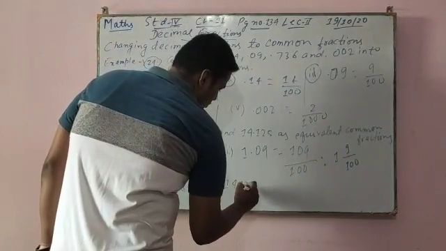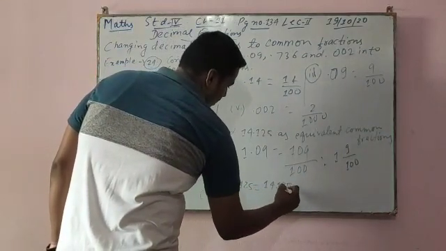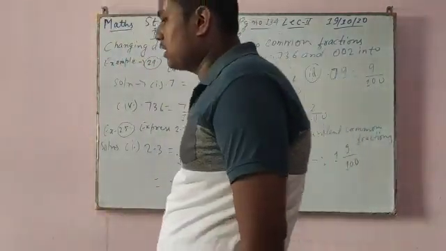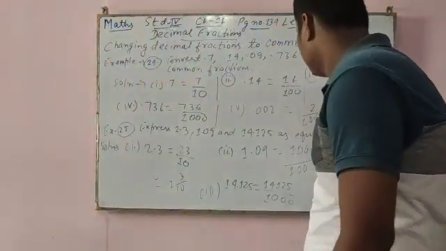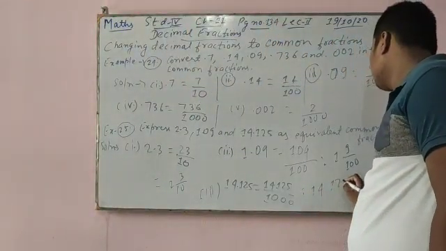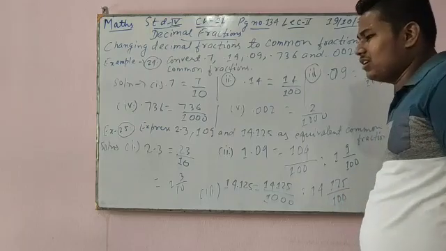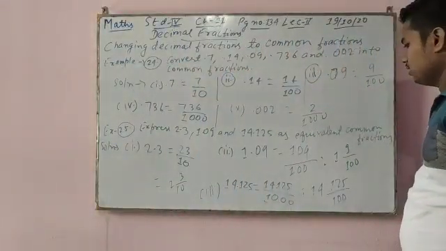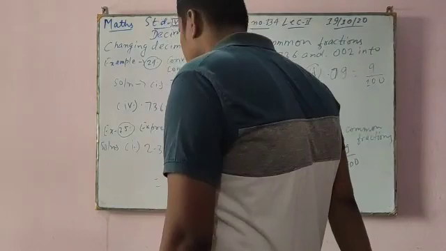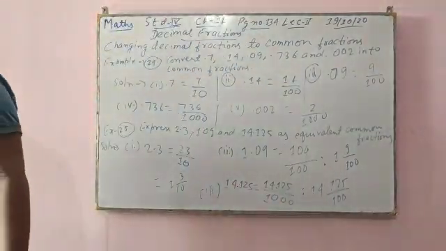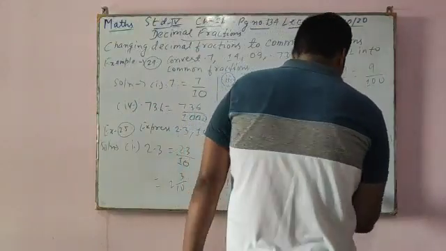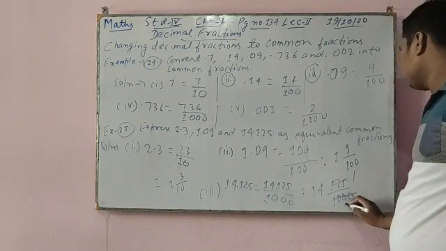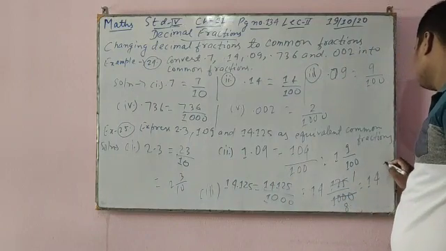Come to question number 3: 14 decimal 125. So write 14 125. After the decimal there are 3 numbers. You can change it into a mixed fraction also, so 14 whole 125 by 1000. Now you can cancel it by the table of 5, by the table of 8, or 25: 125 one time, 125 by 1000. Final answer is 14 whole 1 by 8.